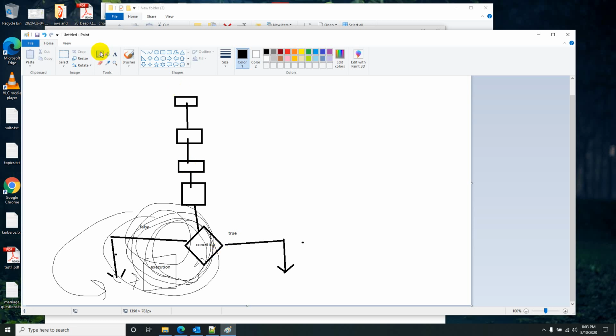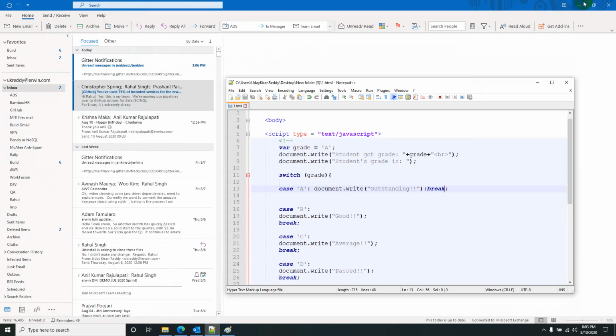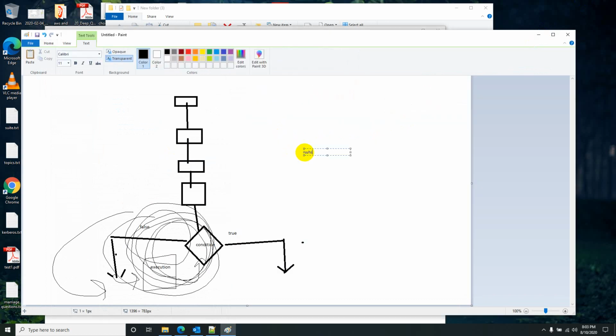In these loops also we have different types. The first one is the while loop. This is the most simple one. Here after the while you will just write a condition and you will create a block.